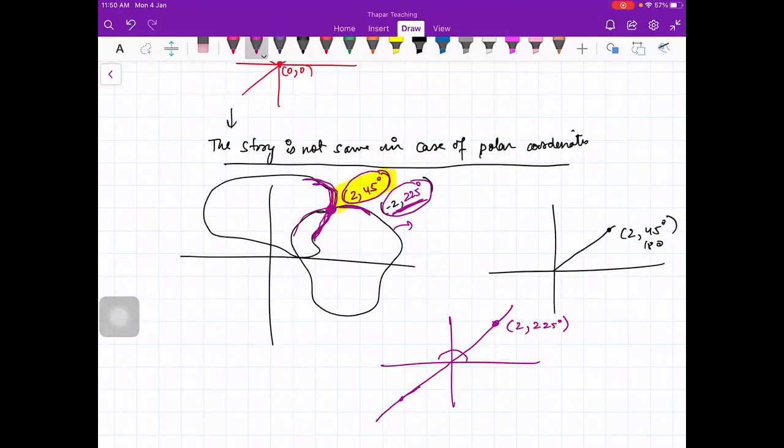For example, you have two names. One is your official name, which is in your school or college, and one is your name at your home, right? We have the nickname. So you are the same person, but you have two names. If you are in school, you are say Rohit. If you are at your home, you are say Tanu. So you are the same person, but at home you have another name. In school you have another name. So that is why in case of polar coordinates, if you just solve simultaneously, you may not get your points of intersection. It is important, beta.